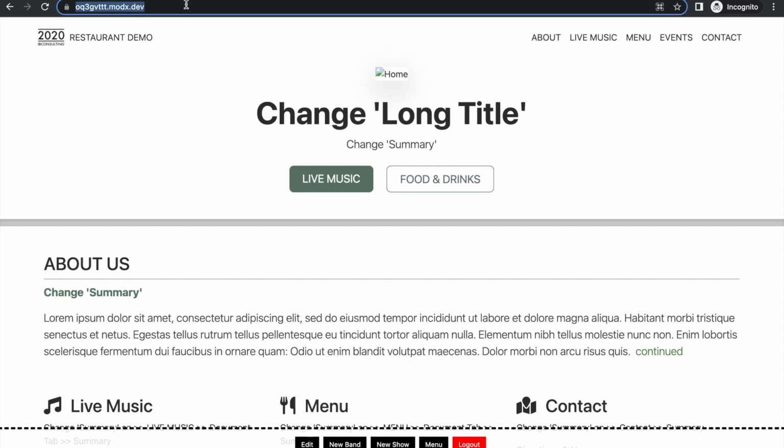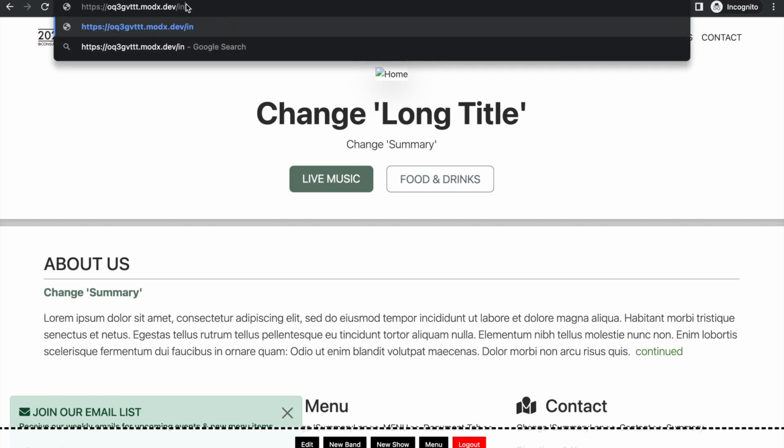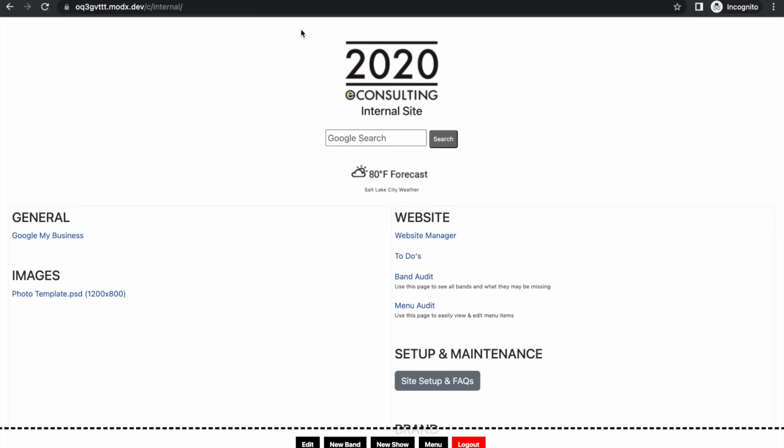When you start with the website, we'll have a temporary domain that you can use to put all your information in, which you should have already received. And a good tip to know, now and moving forward, is that all you have to do to get to your login and back-end page is add /internal to your domain. We click on enter, and here we are.